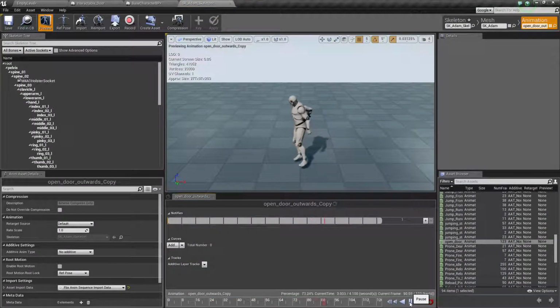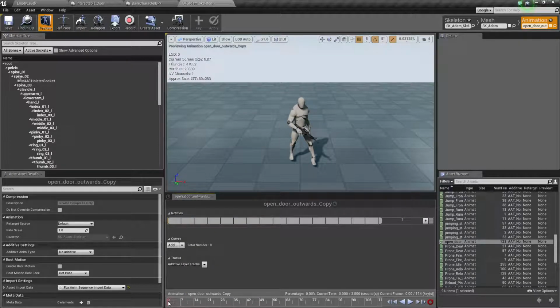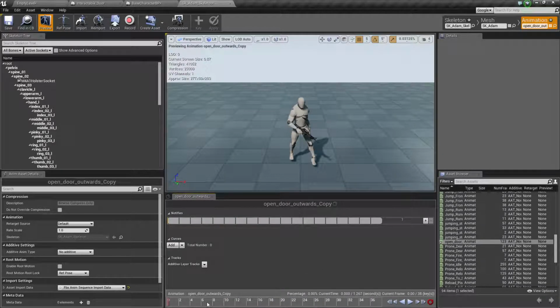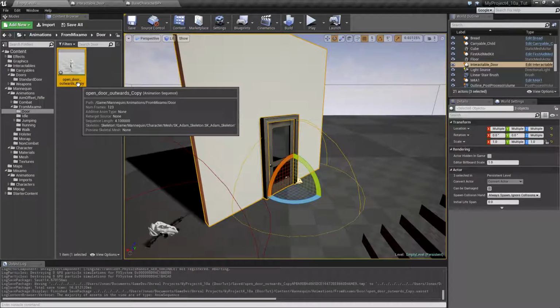So it's a long animation actually, and since I will just make a very short one, let's start it somewhere around here, remove some here, and somewhere like here, and just remove the last bit. So I have just a small animation going like this. I think it's maybe a little bit too long, I don't know, but anyway, let's check it out. Let's close this up and get rid of that copy,